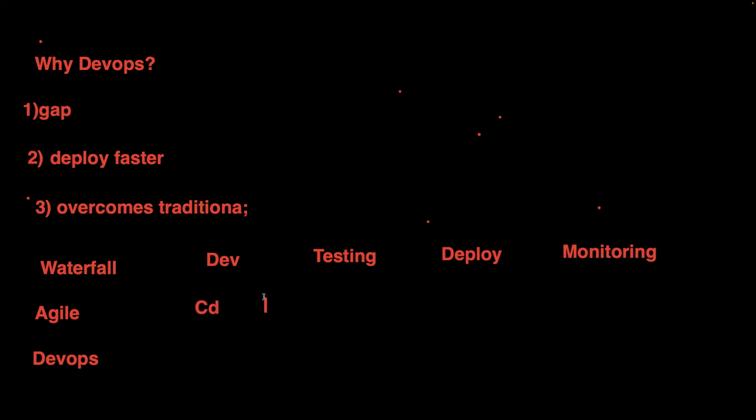It's called continuous development, continuous testing, continuous integration, because any code will be merged into the system and tested again. Development and testing happen in parallel, iteratively, continuously, whatever you call it. But then deployment is manual. Once everything is done, it would be deployed and monitored once all the application coding is completed. But then DevOps came in. Yes, it also does continuous development, continuous testing, and continuous integration, along with continuous deployment and continuous monitoring.